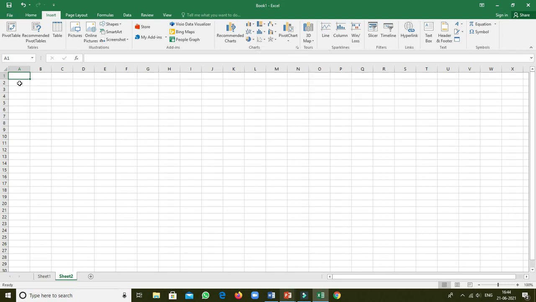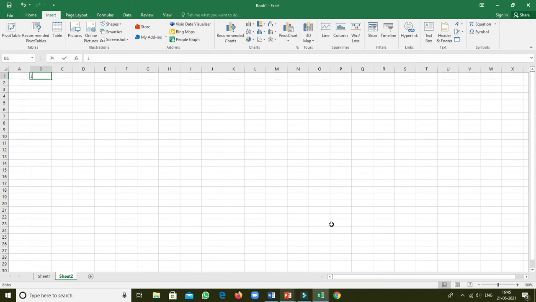Before preparing the graph we need the help of a database, because without data we are not able to prepare a graph. Data means what? It's a numerical thing. And graph or chart means what? When the numerical values are represented in picture terms, that is called a graph. So I have to write the data for your graph.